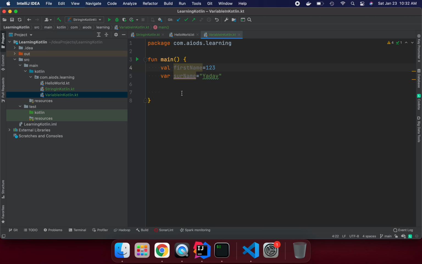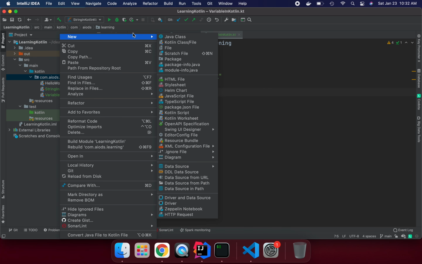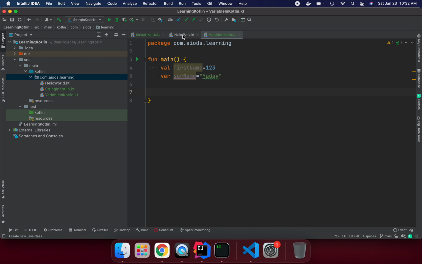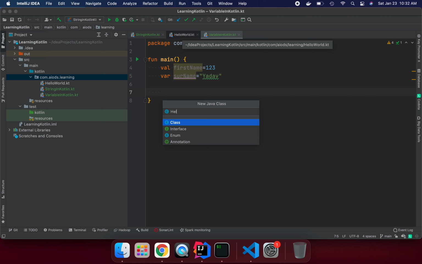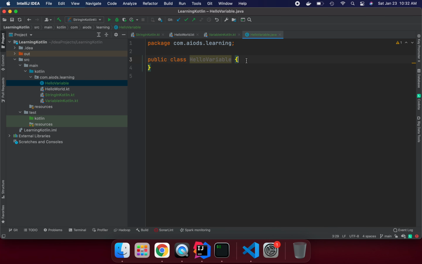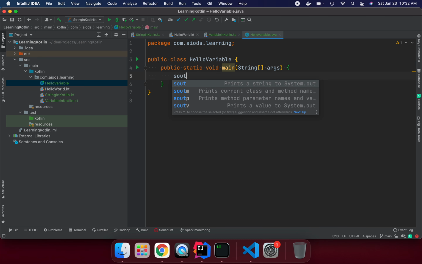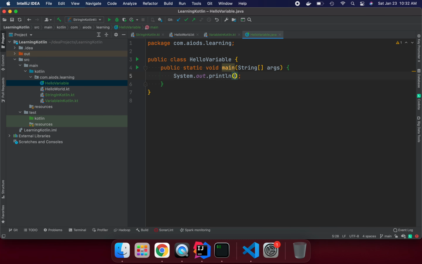But if you want to do the same thing in Java, we don't have type inference in Java. Suppose I create a hello variable class and define the main method here, using the template shortcut for sout.